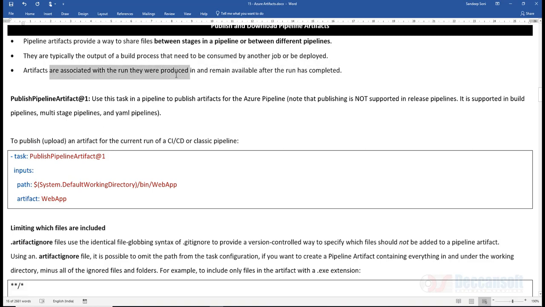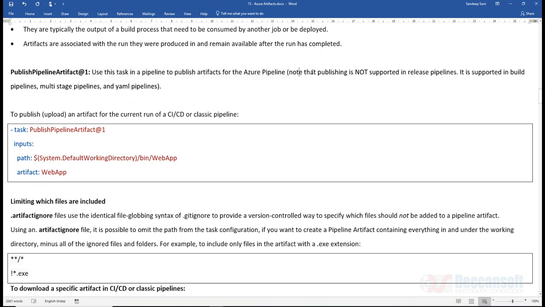They are produced in and remain available after the run has completed. So actually speaking, theoretically there is no difference. But in the background, it's the performance which makes the difference. And that's why we said it's better in terms of the way the upload and download will be done.